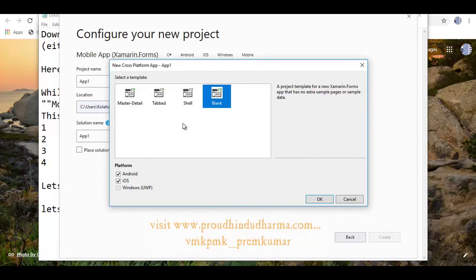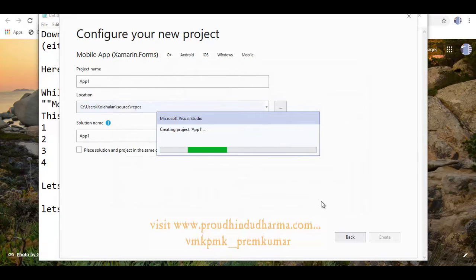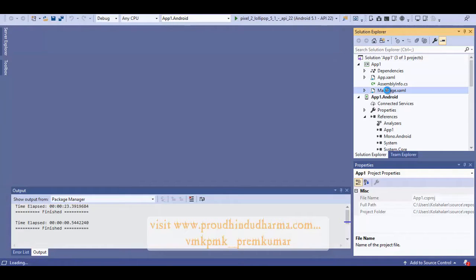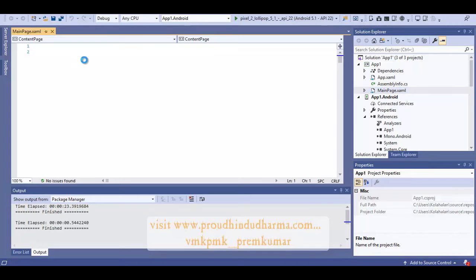Select the blank template, and down below, if you see platforms, both Android and iOS, it's getting created. So let's start it. Okay, so here is the Solution Explorer. So what you have to do, just go to the MainPage